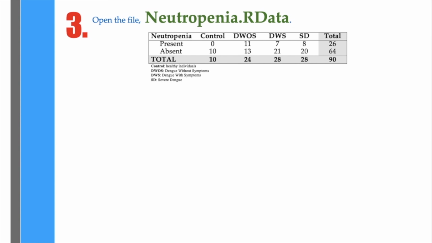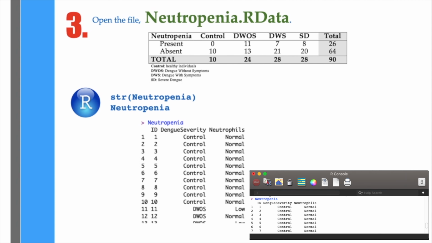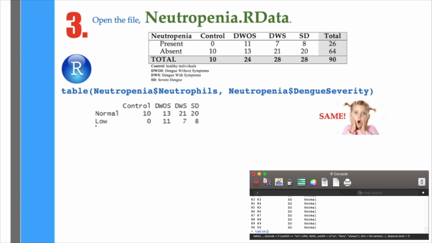As for the last example, you may open the file neutropenia.rdata. You may take a look at its structure, and you may also take a quick look at the file by typing neutropenia. And what you notice is that there are two essential columns, which is the dengue severity, represented by the columns here, and neutrophils, whether it's normal, in other words, it's absent, and low, indicating that there's a presence of neutropenia. You may create a table using the table function, and then the two essential columns, which are neutrophils and dengue severity,